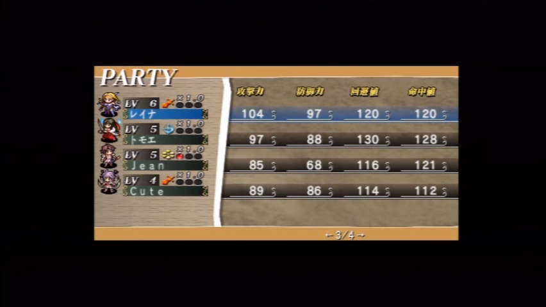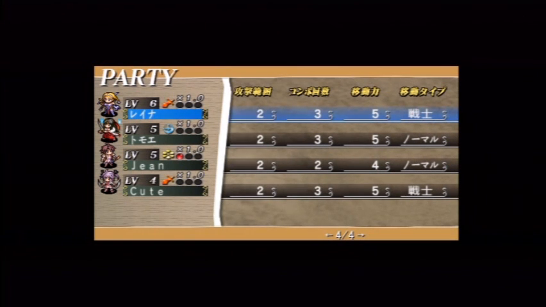This next menu has some stats, and your first stat is your attack power. The next is the defense power. The next is the evasion, and the last one is your hit rate, or your accuracy. And this last screen has your attack range, your number of combos, your movement, and the type